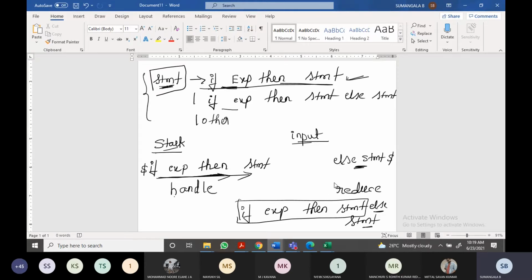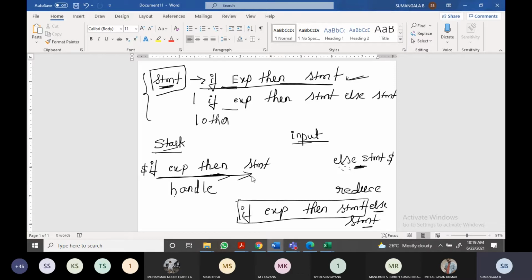But here there is another conflict. What is the other conflict? Assume that in your source program it is if expression then statement else statement. That means you have written a program in which you have an else part also. At that time, there is a conflict, right? If it is an else part, obviously it has to push this else statement, the remaining input, onto the stack.